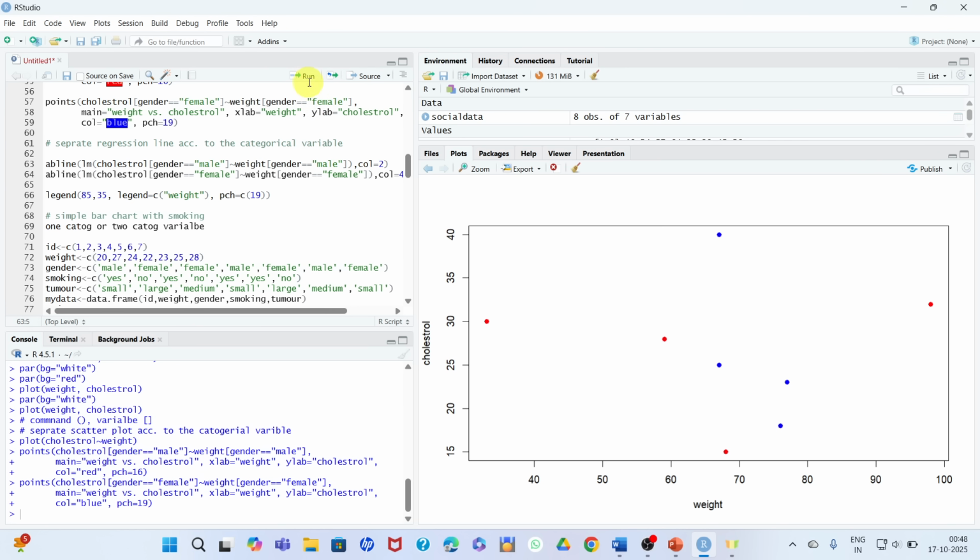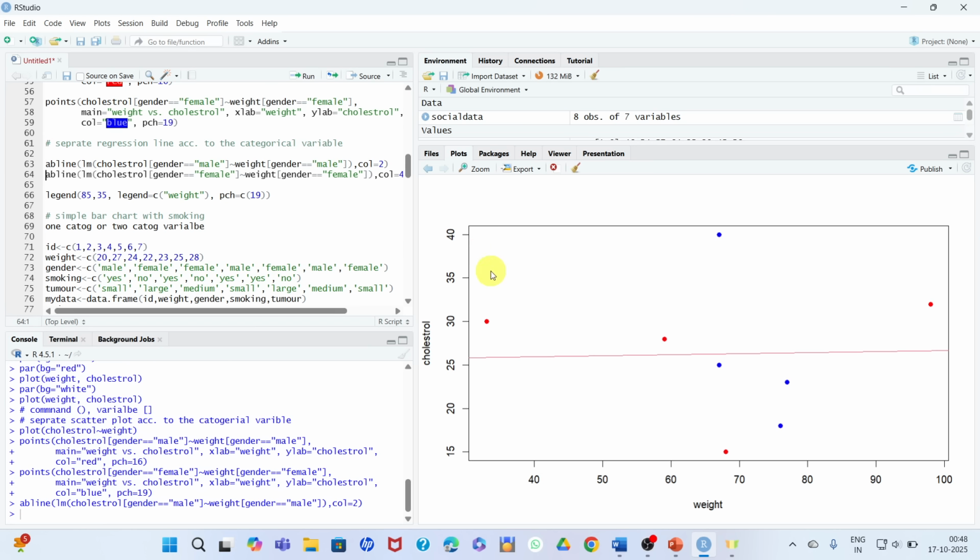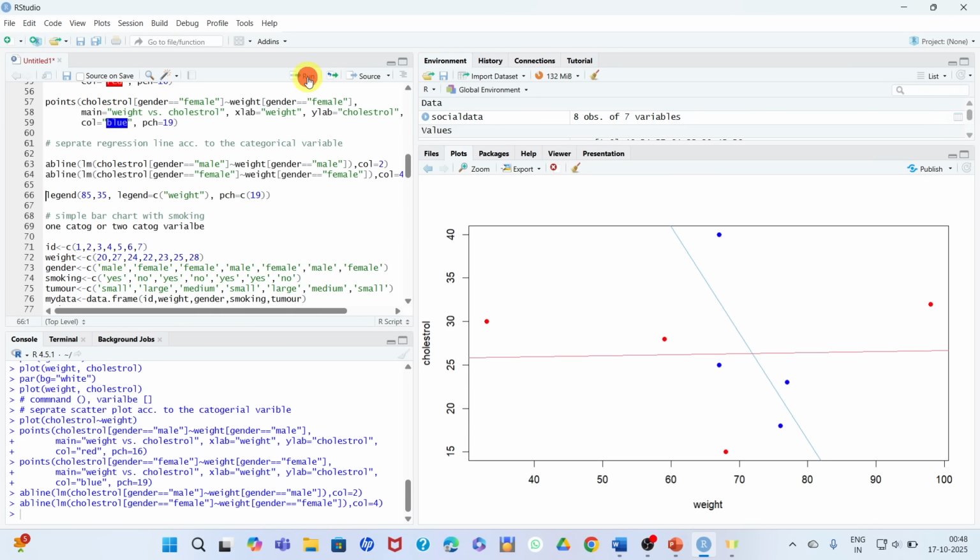Let's run this abline command. Here you can see the male line. Again you have abline for the female, same command. Let's run. Here it is for the female.